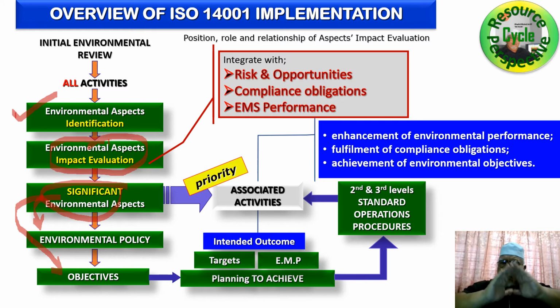This is the holistic view of where they are going as far as this company's environmental management is concerned. So then they start to develop what is called environmental targets, and this is specific, and the environmental management program, how to achieve those targets, who, does what, when, and how much. So these are all cumulatively regarded as planning to achieve under this new standard. And this is then the intended outcome. The objectives, the targets, and the EMP are the intended outcome.